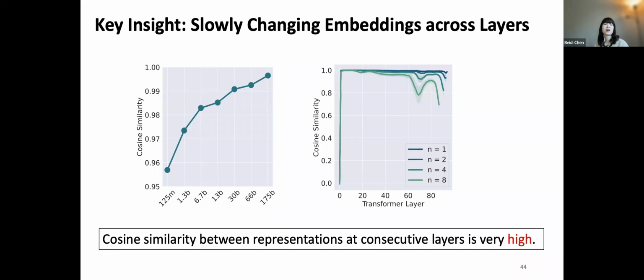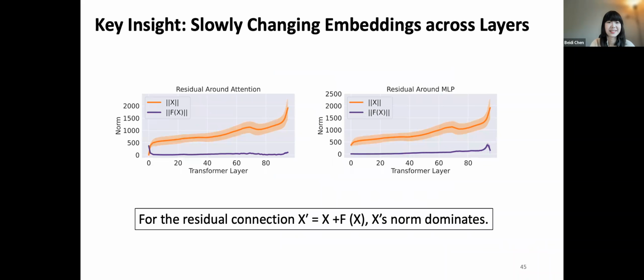And the right plot shows that the cosine similarity stays really high, even a few layers apart. So for n equals 1, meaning consecutive layers, 2 is 2 layers apart, and then 4 and 8. So it is still very similar. So why this happens, we're just curious. It turns out to be a